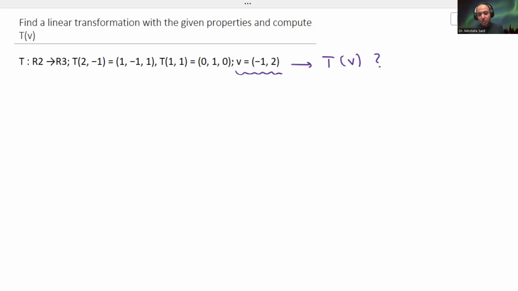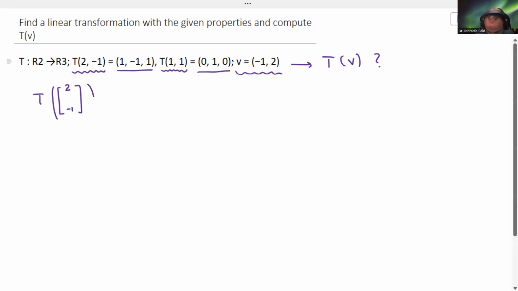given the same linear transformation for another two vectors. So we have T of (2, -1) gives us (1, -1, 1), and T of (1, 1) gives us (0, 1, 0). Okay, so we have the transformation. Let's write the transformation in that way. We have a transformation that applies to a vector (2, -1),